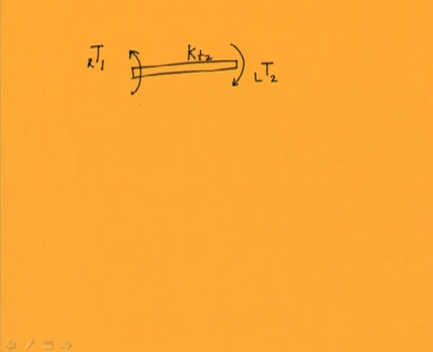In that you can see that the displacement of the disk here is theta 1, and the displacement of the disk here is theta 2, which is, let us say, left of 2, and this is right of 1. Whatever torque is being transmitted through this shaft can be written as the relative twist between the two ends of the shaft times the torsional stiffness of the shaft. Okay. So this can be written as